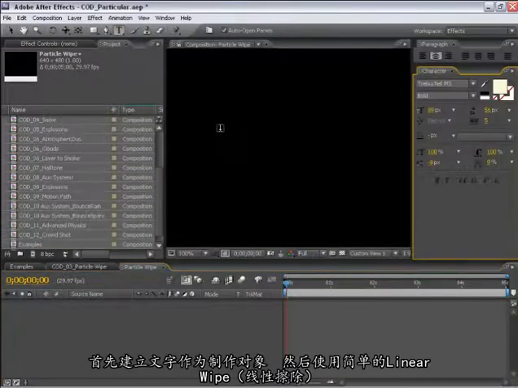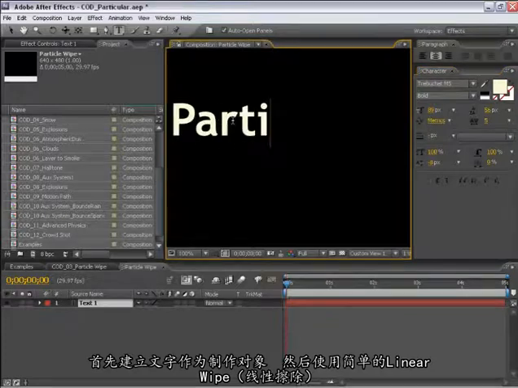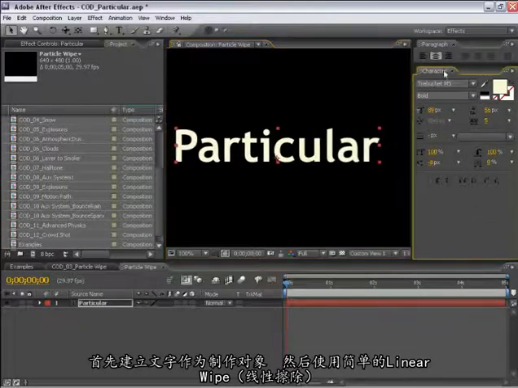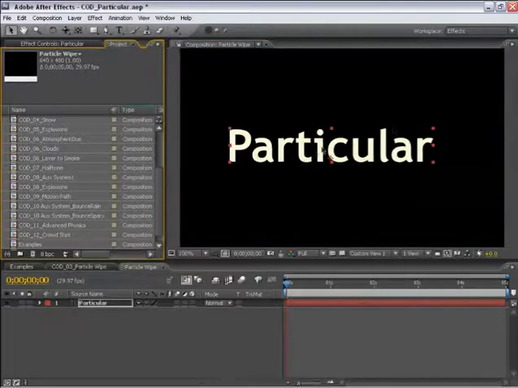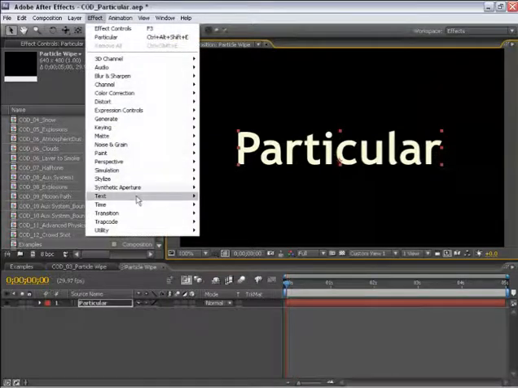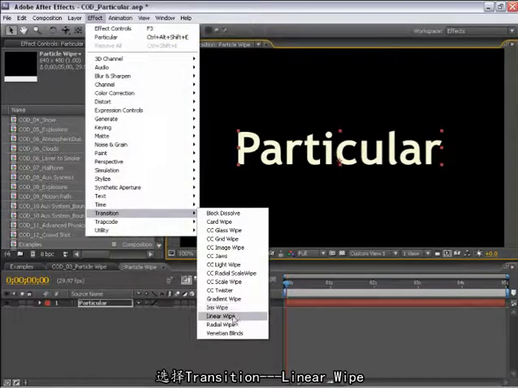First, I'll create my type that will be my subject here. So I'm just going to create a simple linear wipe on this type here. And then we'll lay some particle elements on top of this to embellish this wipe. So I'll select Transition, Linear Wipe,